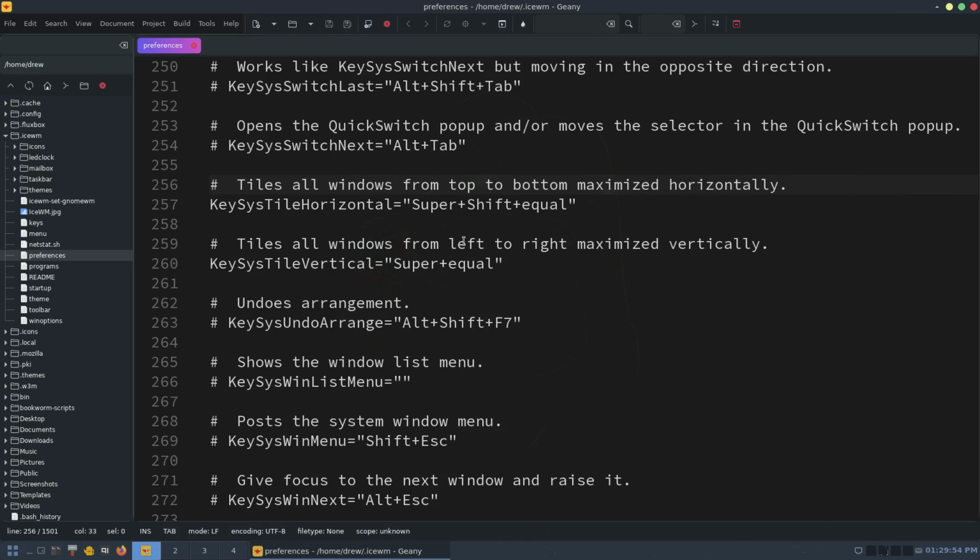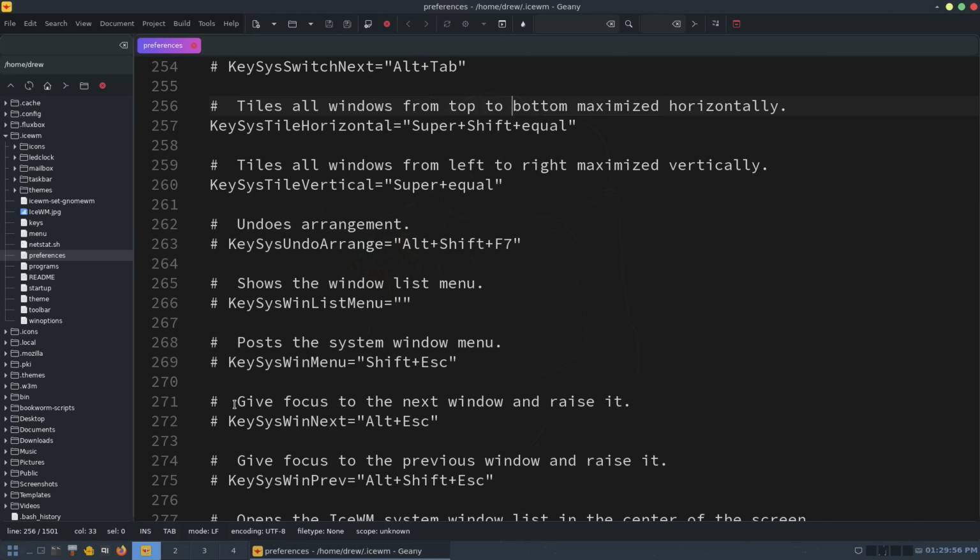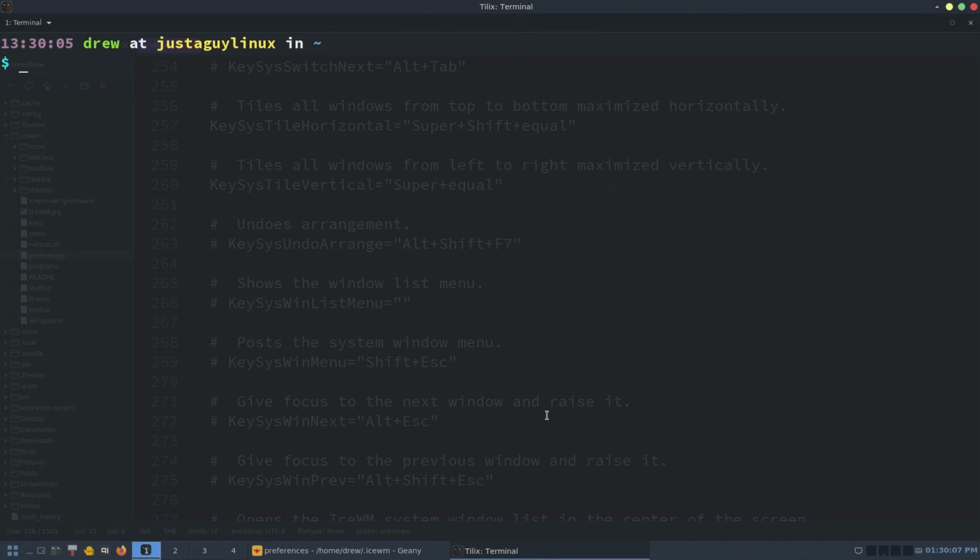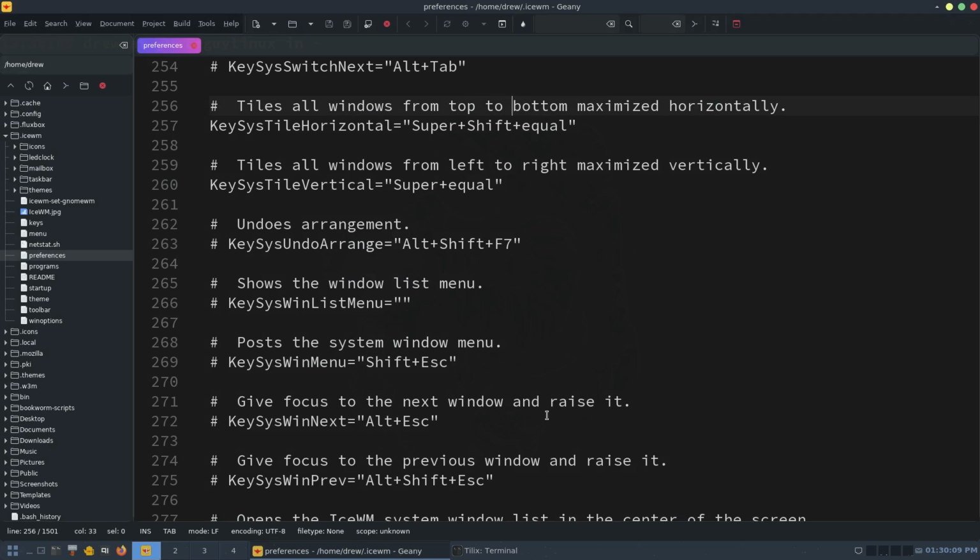Now, while I'm here, I'm looking at this. Give focus to the next window and raise it. Alt Escape. So there's only one thing open. So if I hit enter and then say Alt. Okay, so this would be like if I wanted to shift focus, obviously. So that's kind of interesting. I don't know if Alt Escape is what I would use. So let's change this to